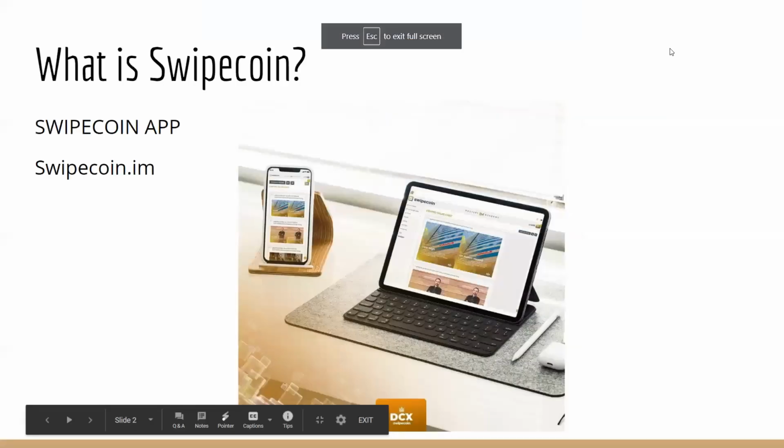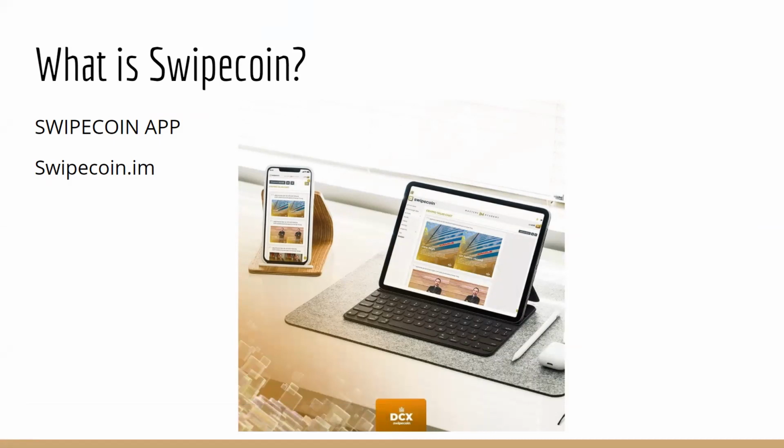So first things first, guys, what actually is Swipecoin? Swipecoin is an application built by IM Academy, designed not only to give you trade ideas, but to actually teach you and walk you through these different trade ideas that are going to be sent out to you. You can access Swipecoin in multiple different ways. You can go to your app store and download the Swipecoin app, or you can go to the website and go to